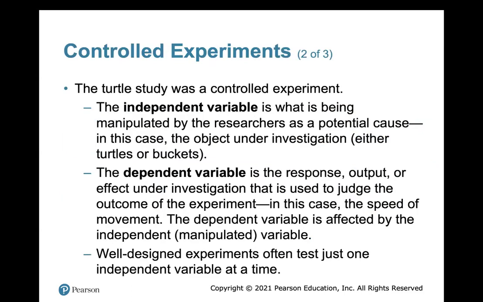So the independent variable is what is being manipulated by the researchers, in this case, the object under investigation, the turtles or the buckets, and the dependent variable is the response or output. In this case, was the speed of movement. The dependent variable is always affected by your independent or manipulated variable, and well-designed experiments often test just one independent